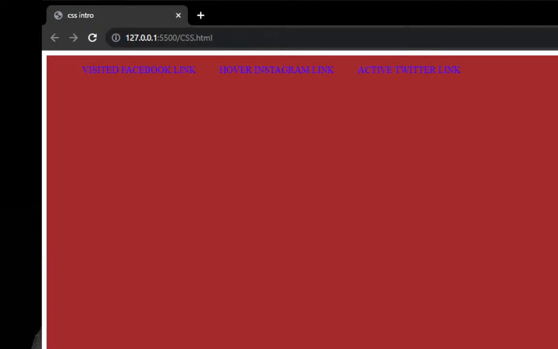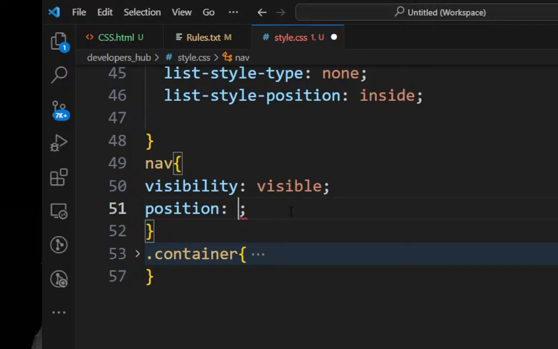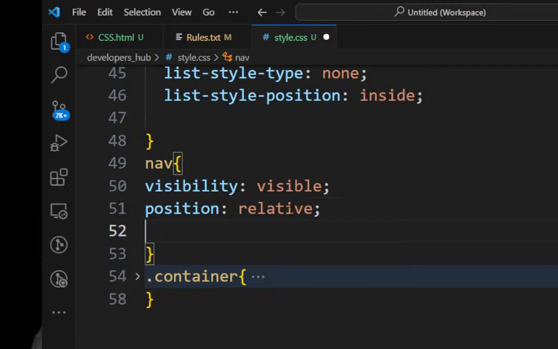So assuming that this navbar doesn't have a space and padding here, it would have taken this to the extreme start of this div. In relative, you can manipulate the position of that element using the top